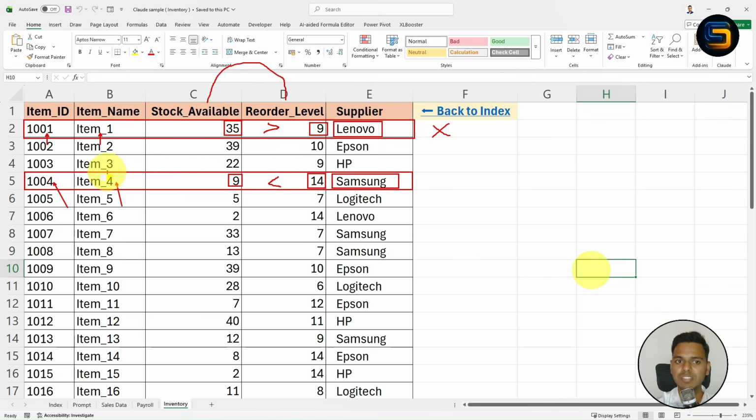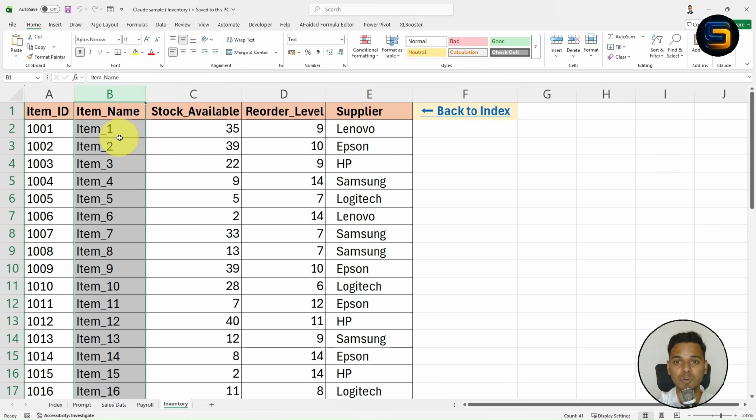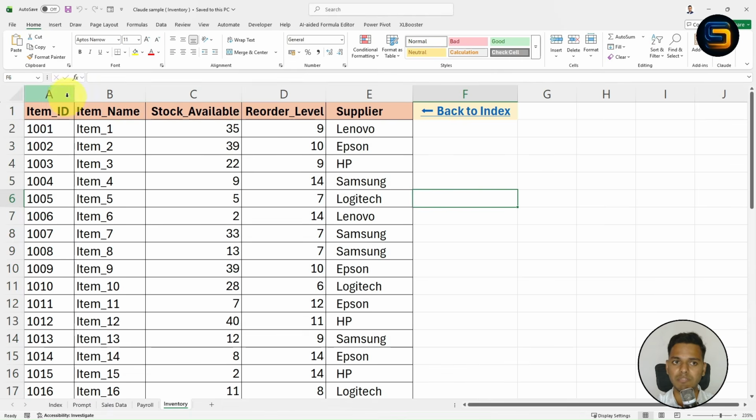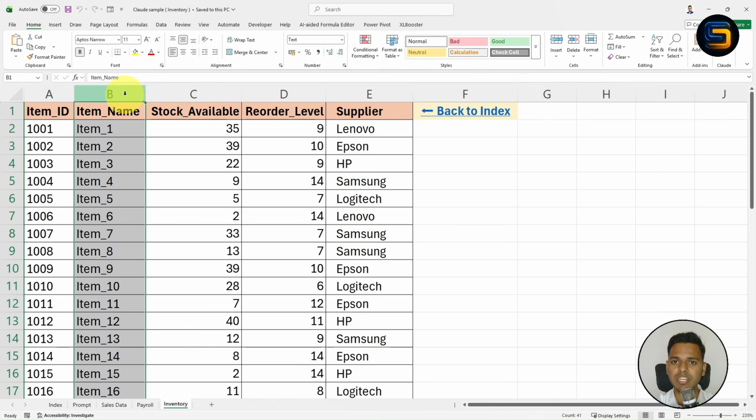We need to order this item 4 and the order should be given to Samsung, which is the supplier, right? So basically we need to analyze the data. We need to find which item is having low stock so that we can order it. From this complete inventory dataset, we need to identify the records of items having low stock.